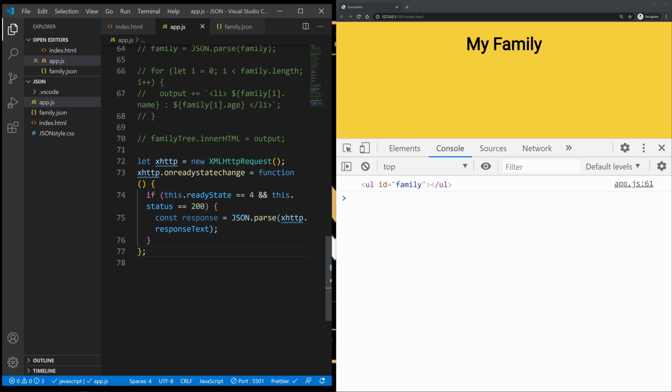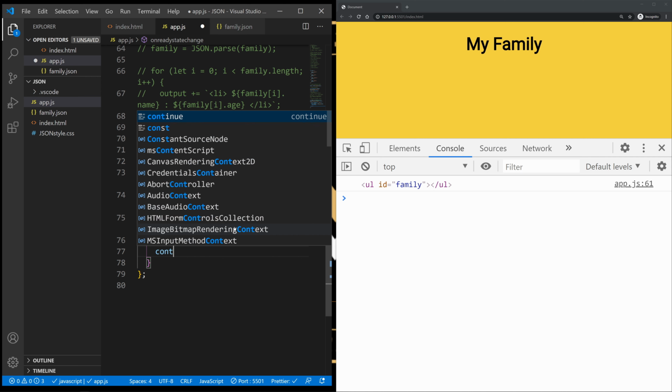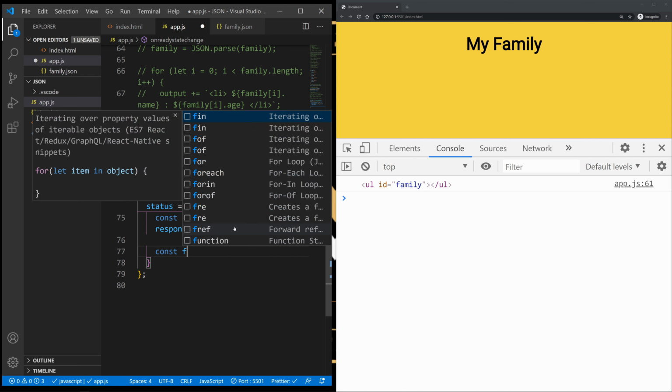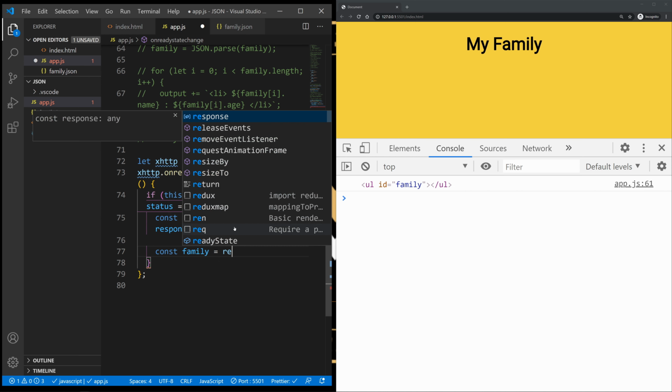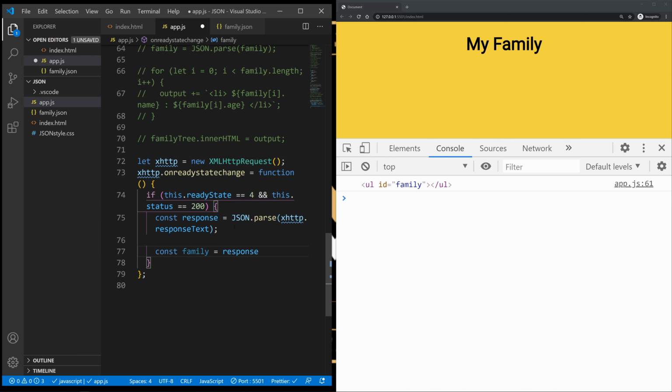Okay, now I know this will be a bit confusing, but as I said, don't worry about it. This is just for showing purposes in order to get our JSON file. Okay, so let's grab onto the const of family again, and we're going to also assign this to response dot family.